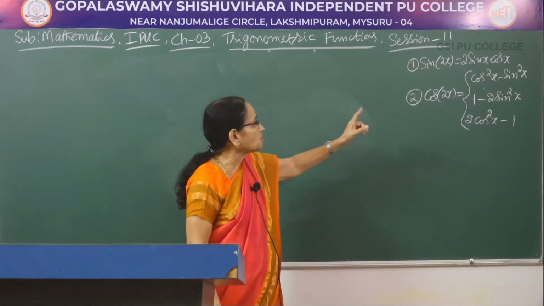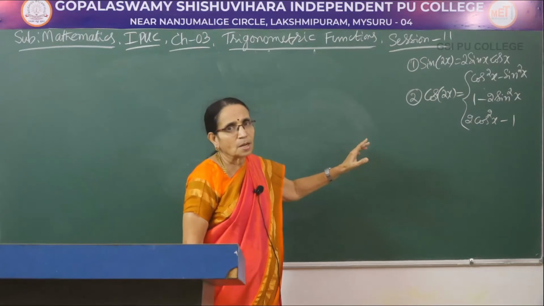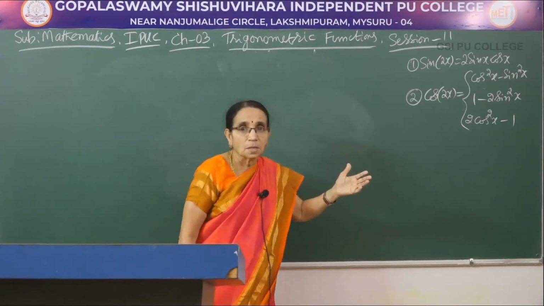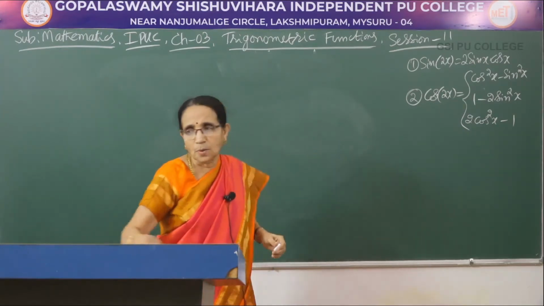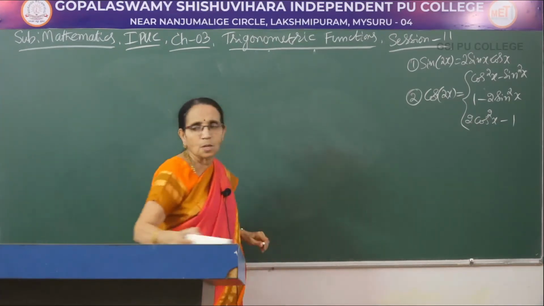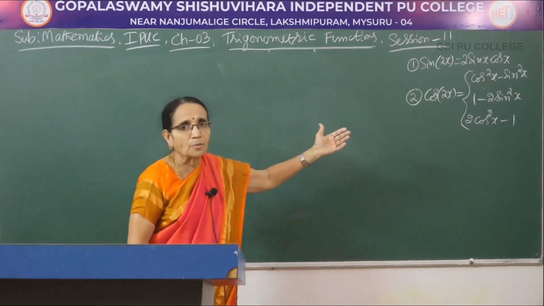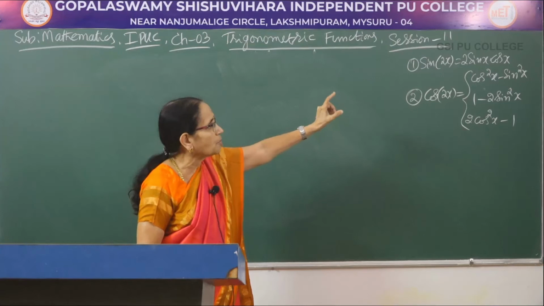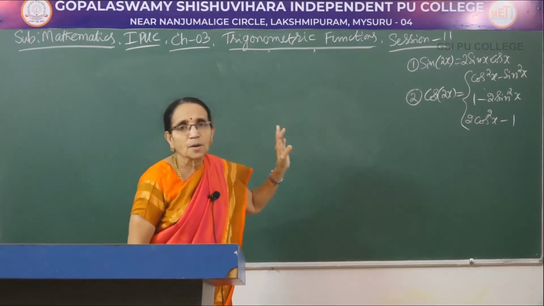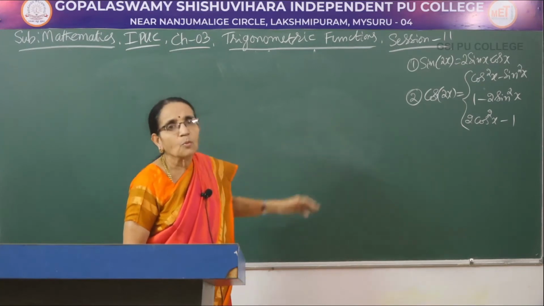So the first one contains both cos and sin. The second one contains only sin. The third one contains only cos. So whichever we need in a particular problem, you can use that one. That is an advantage here. Now let us derive one by one. When you start with the compound angle formula, first you are going to get the first formula, that is cos square x minus sin square x. After getting it, you can get both of the others one by one.